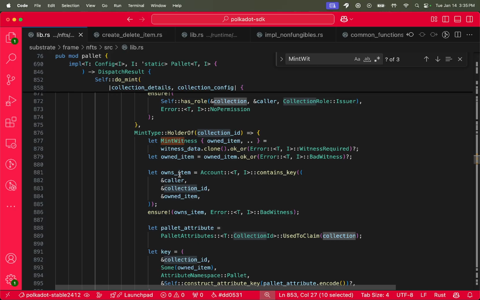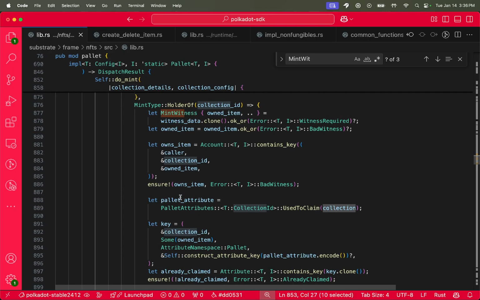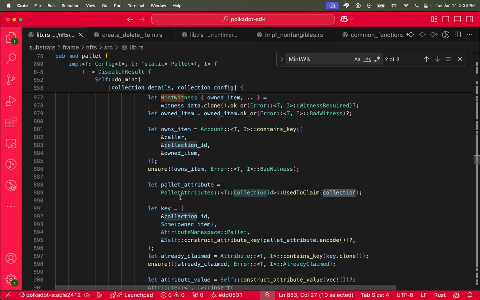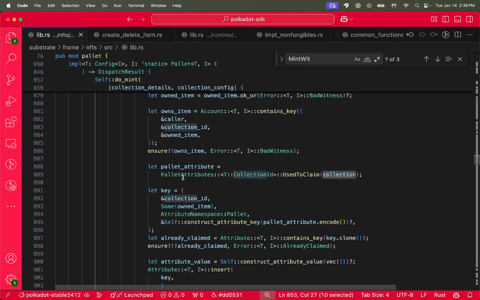Owned item. Contains key caller collection. Yeah, it looks like it would take on that collection. So if it's true that they do actually own that item from that collection, then this passes,